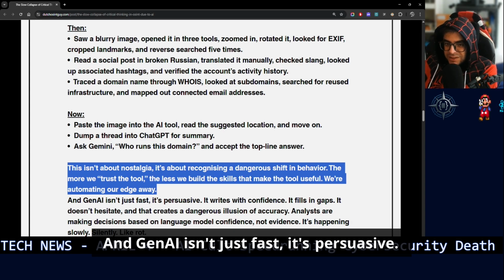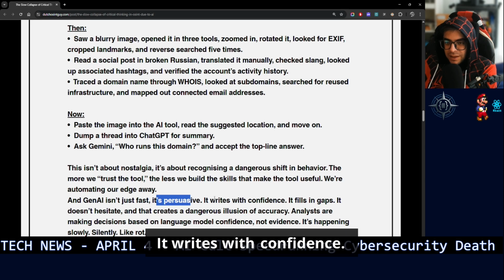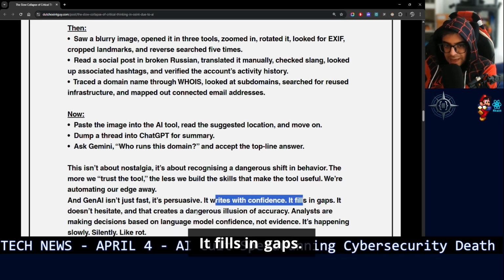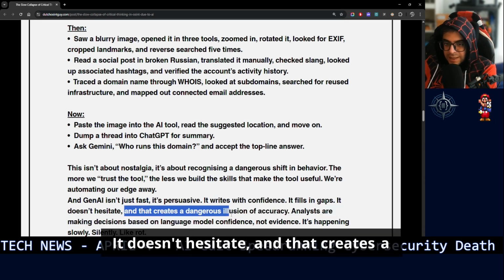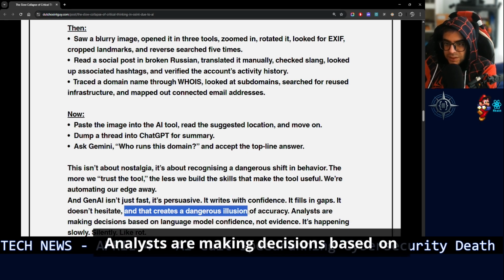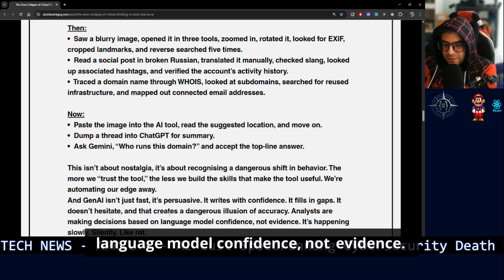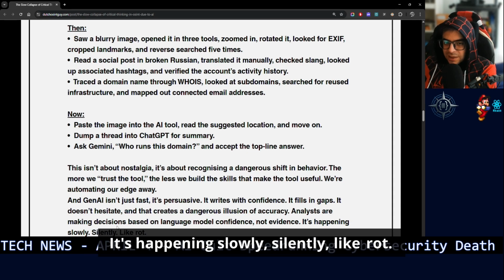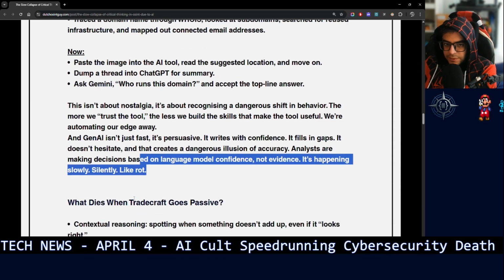And Gen AI isn't just fast, it's persuasive. It writes with confidence. It fills in gaps. It doesn't hesitate, and that creates a dangerous illusion of accuracy. Analysts are making decisions based on language model confidence, not evidence. It's happening slowly, silently, like rot.